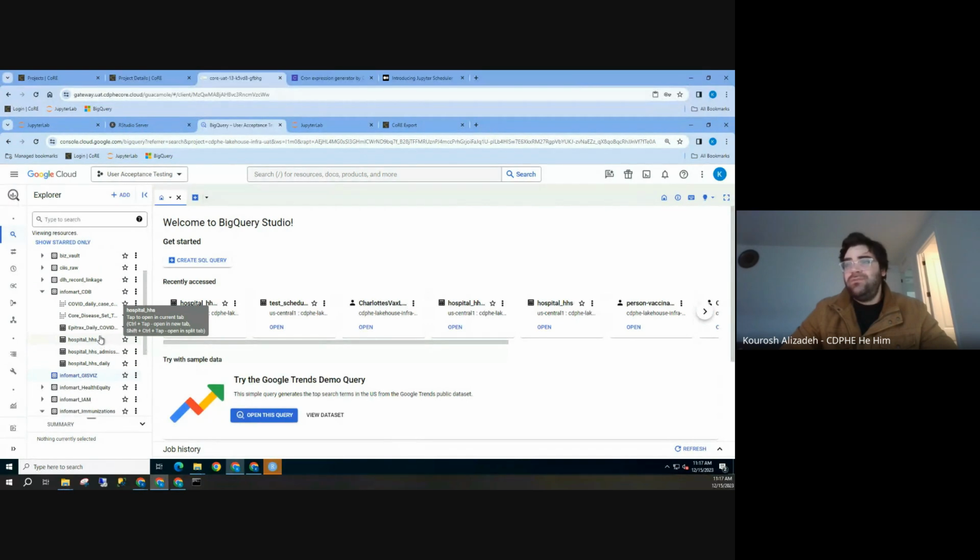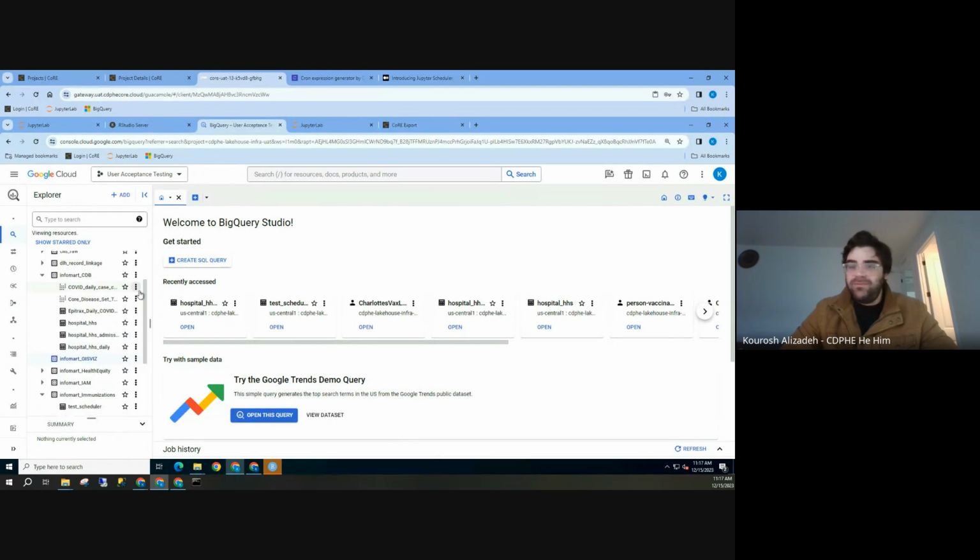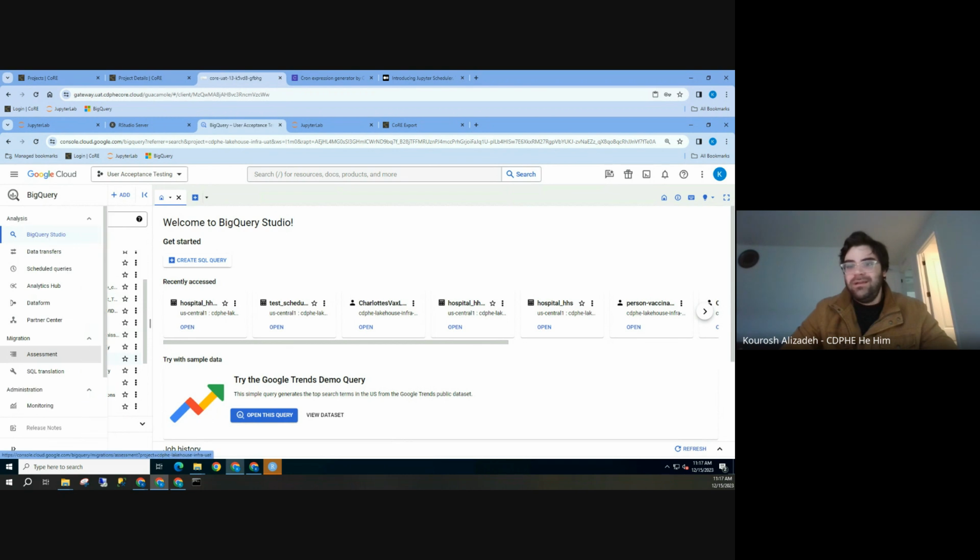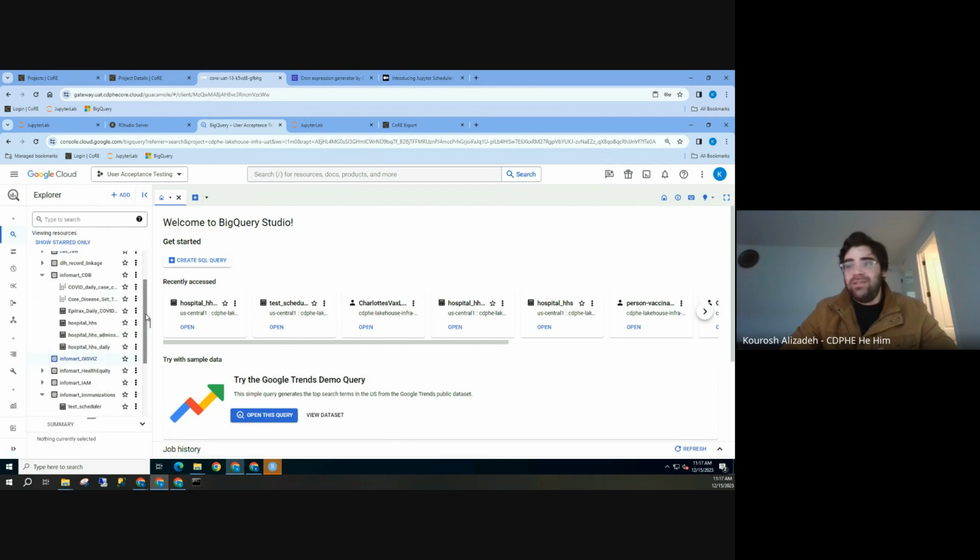And I should say, you don't necessarily need to be an immunization or disease surveillance kind of person to use this. If you are, I think I saw some people from HICCUP here, or other people around CDPHE. If you just want to have your own little database, just send me an email and let's talk about it, because it's pretty easy for us to create an infomart for you.